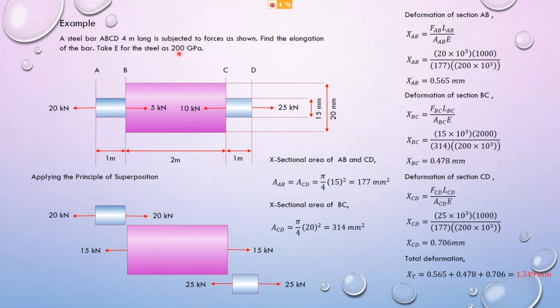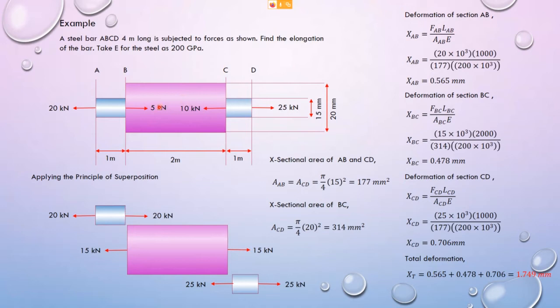So far you have only worked with examples with 2 or 3 different Young's modulus. Most questions are based on one material, so it's easier, because E is common. If there are 2 materials, you split it as usual, but for each section you consider a different E. But if only one E is given, that means the material throughout is the same, homogeneous material. In this question, the first thing is you have to check the forces acting towards the